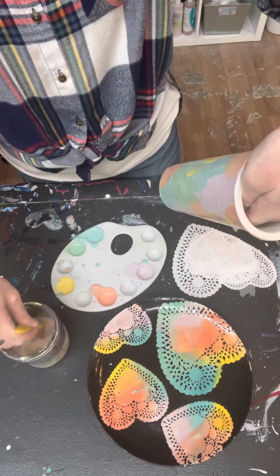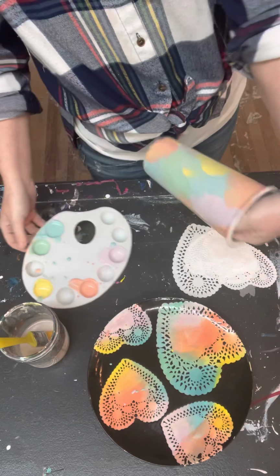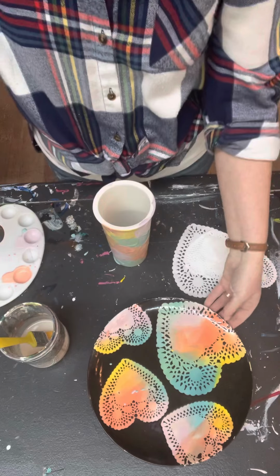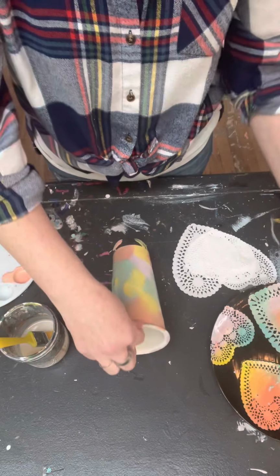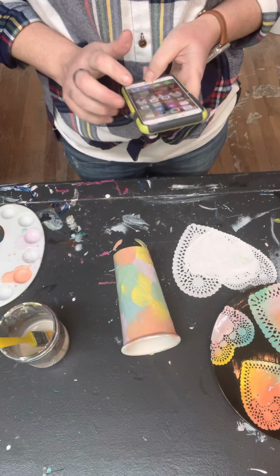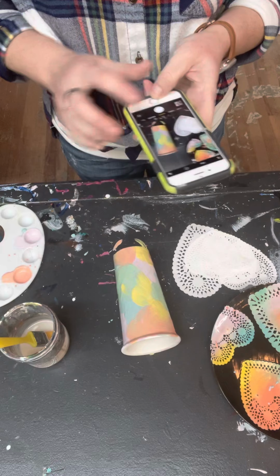Okay, and then let's see. I am going to, first of all, I need to lay this down so that I can take a picture for you guys for our written instructions. So I'm gonna do that. And then,